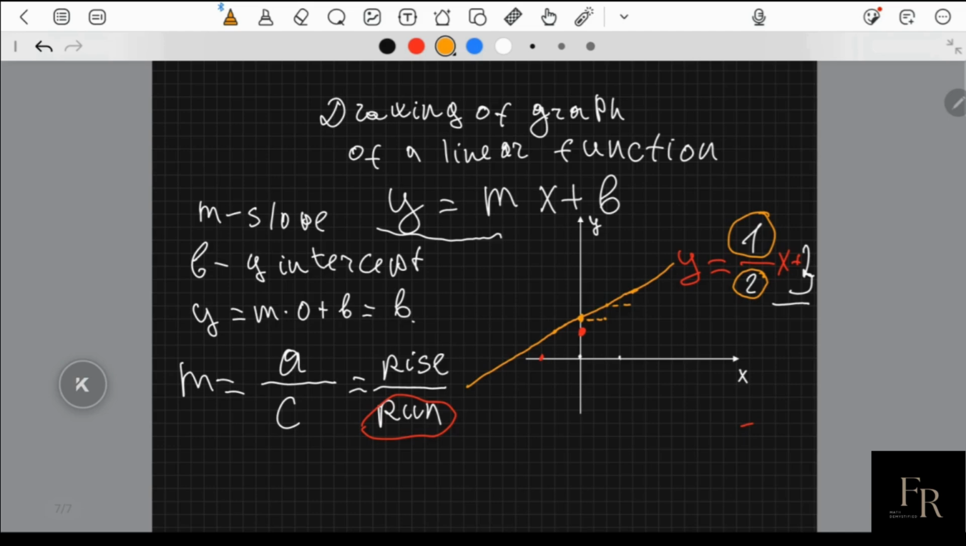And what is the function if the slope would be negative? If it is negative, then we do the opposite. If it goes 2 points right, it should go 1 point down. So I go 2 points right and 1 point down. 2 points right, 1 point down. And this is our negative